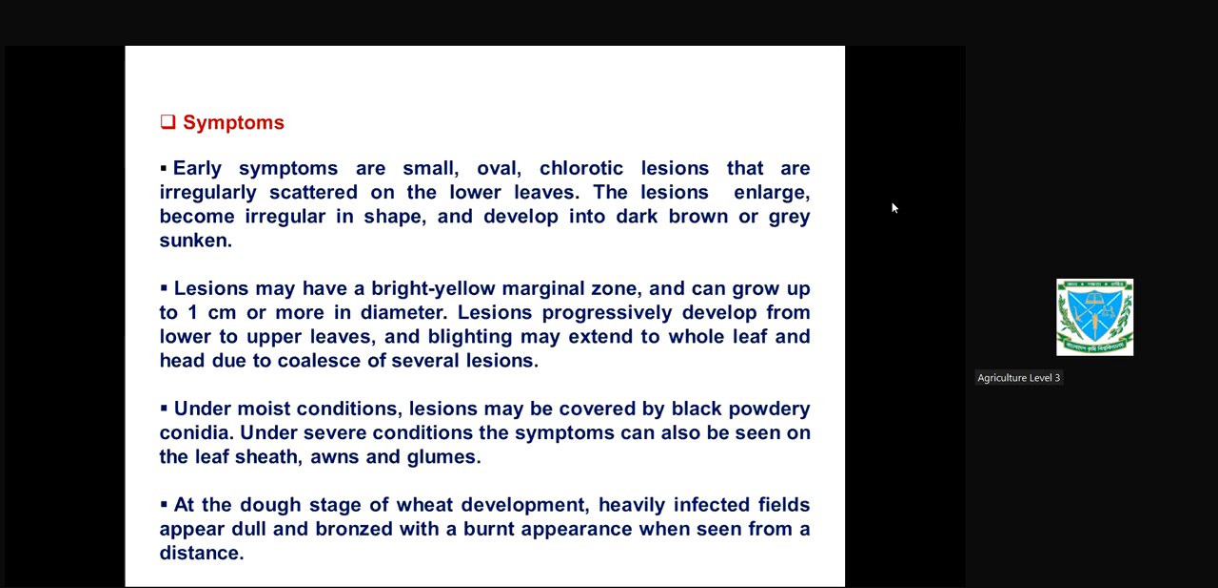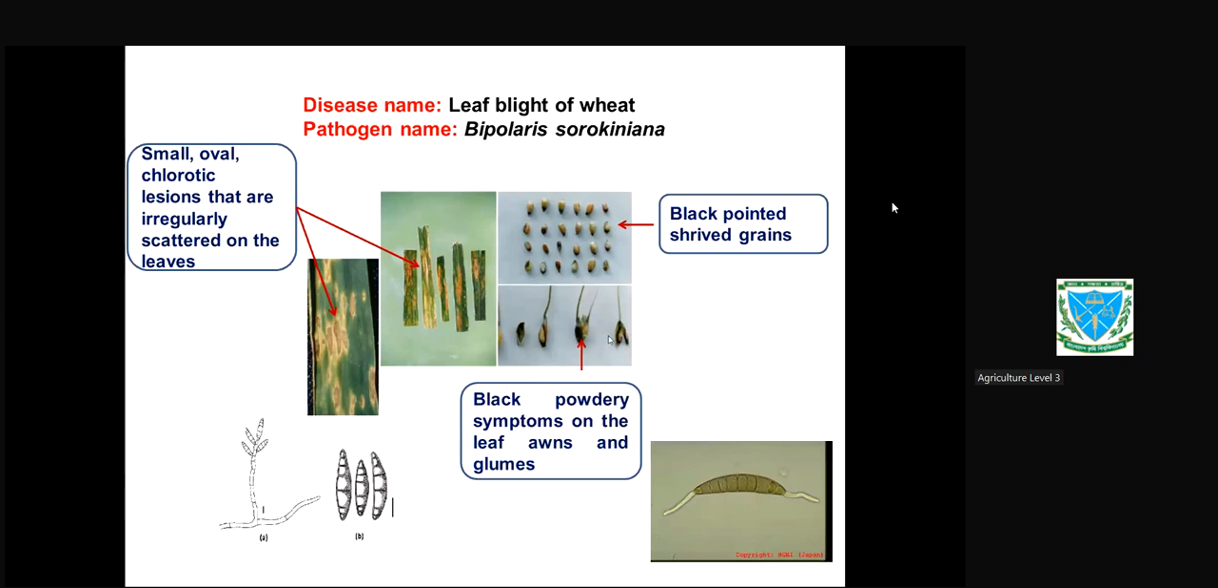Under moist conditions you see the lesions may be covered by black powdery conidia. Glumes এবং ইয়াতে তুমি black powdery conidia দেখতে পাবা like this. You see এই যে হেডের যে গ্লুমস বা ইয়া যখন